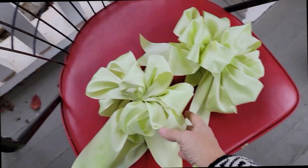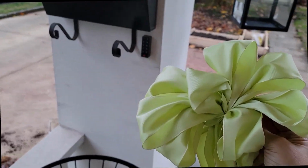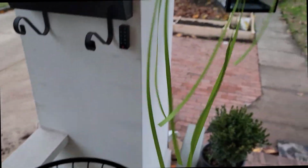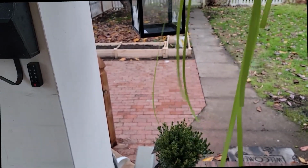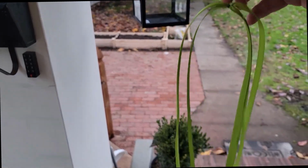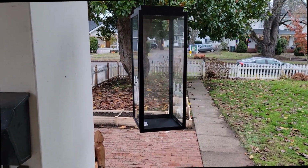All right, I've been at the bow making again, and I have made 2 bigger bows to go on top of these lanterns, as well as with some satin green ribbon that's a little bit brighter green. I just wrapped it into 3 loops and made varying lengths of tendrils that I'm going to hang under the ribbon just to give it more wow. And I'm going to anchor it near the top, but hopefully to hang over the front a bit to the